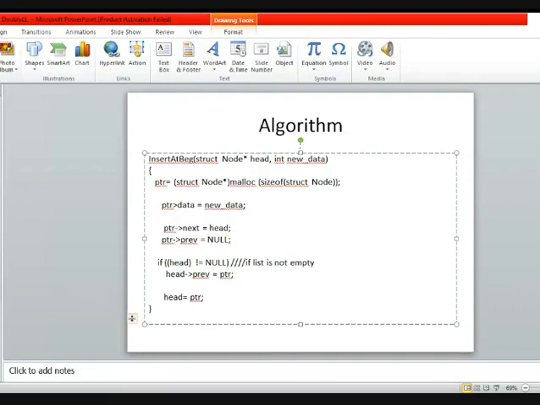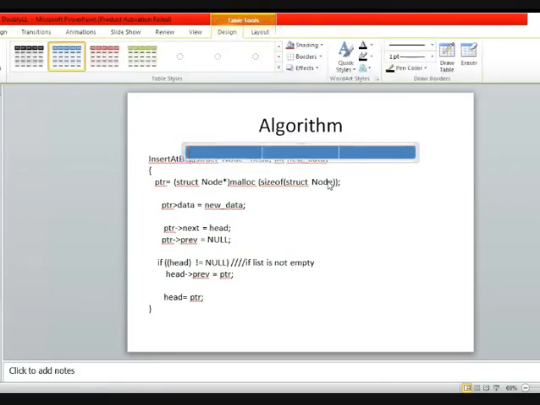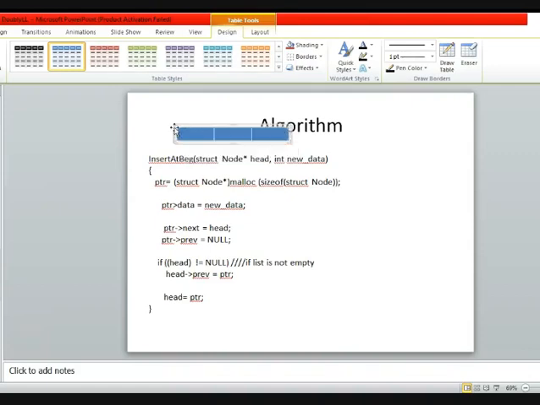Just a minute. Let's suppose I'm inserting a node for the very first time in a linked list, and let's suppose I'm maintaining a doubly linked list here, and before insertion of this particular node the linked list was empty, so it means you are inserting the very first time.